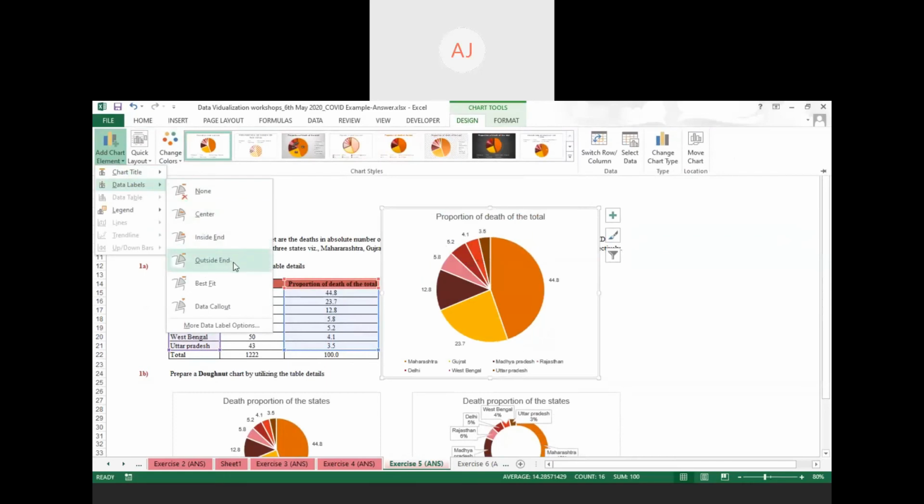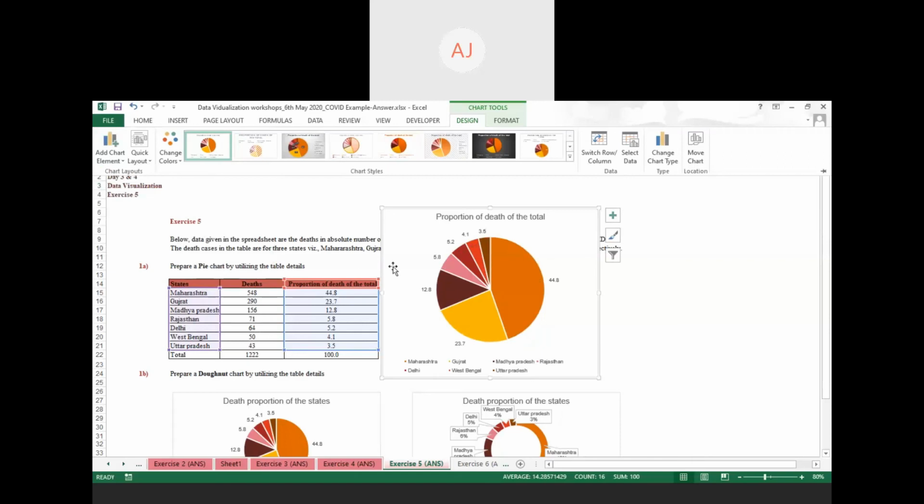You can keep data label as outside end of the chart, or you can use the data callout also for easier understanding. You can keep your data label inside of your arc. Just keep it outside for simple presentation.